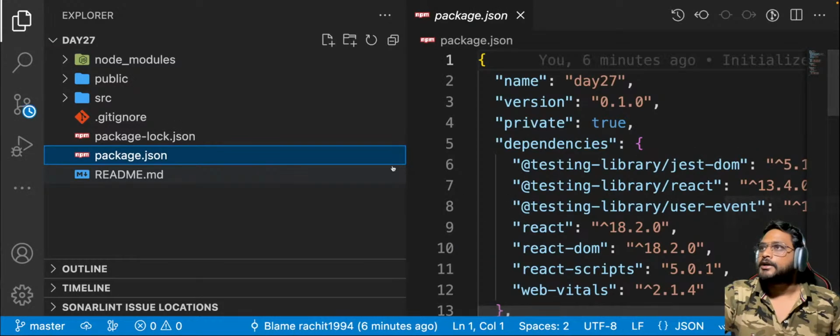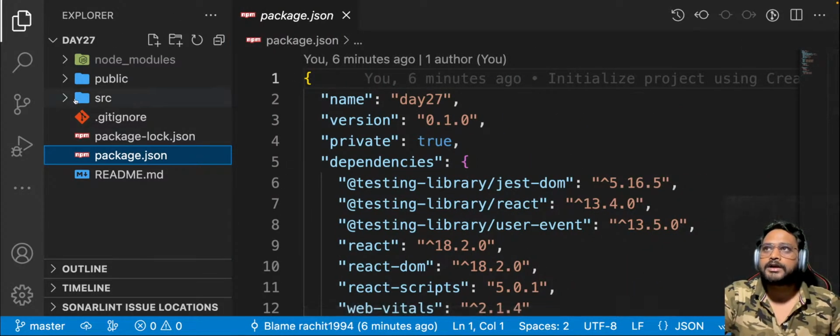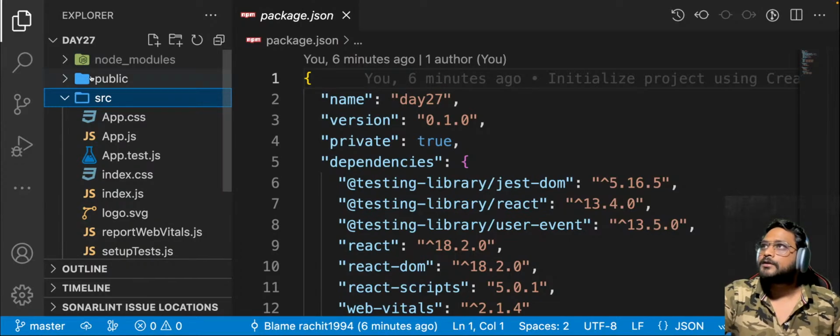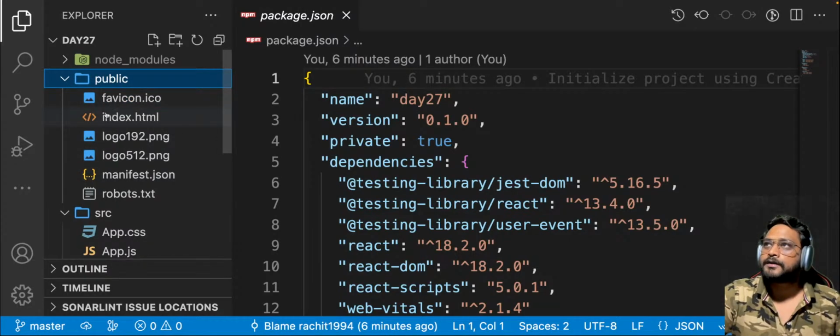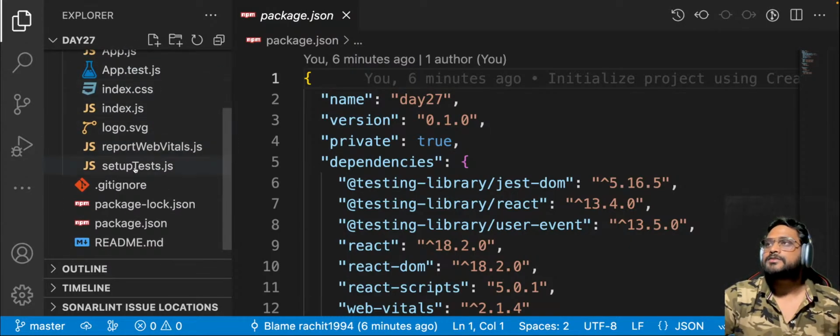Right. So it has set up a package.json that we were creating manually. It has created a folder for us, a src folder, a public folder where we have our index.html, some icons, and some rest of the files. And we have some JavaScript